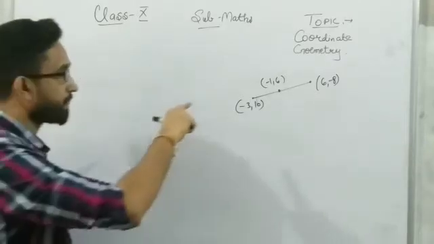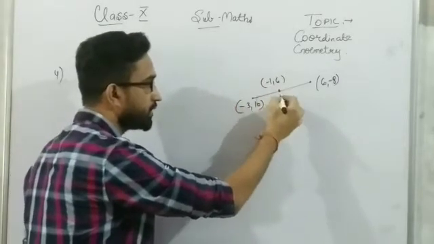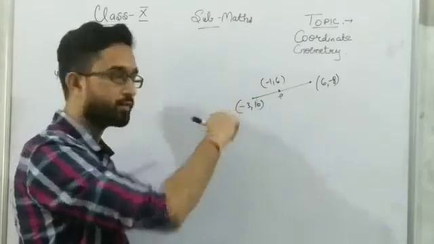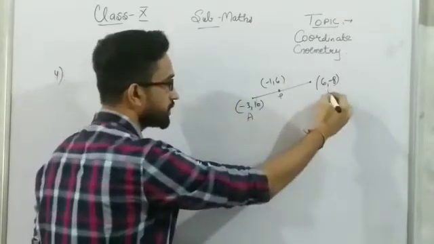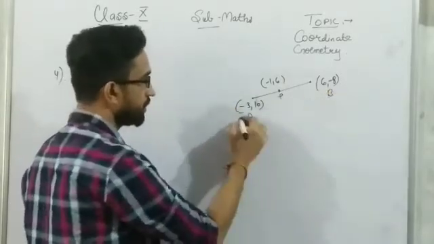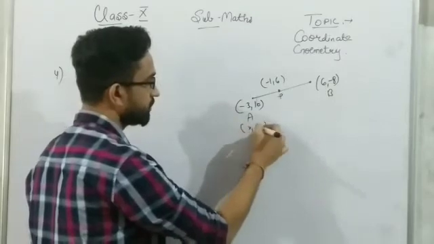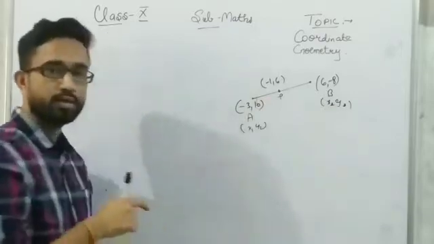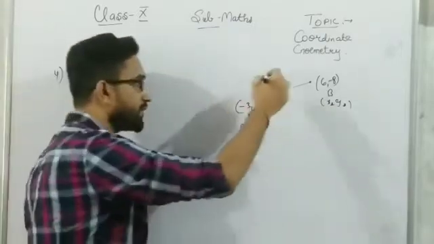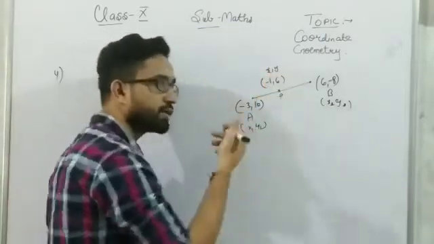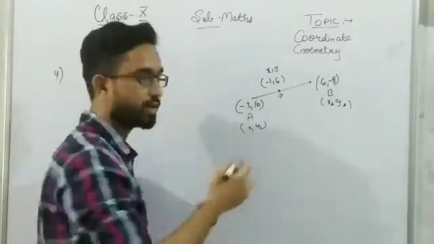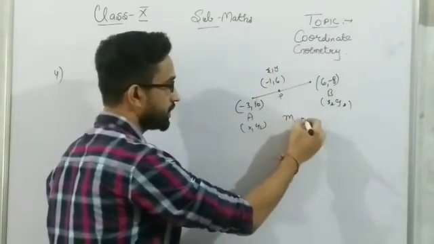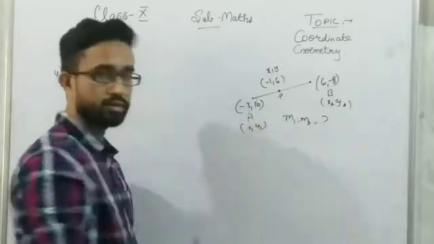If we see, the point P is given to us, which we were finding in the previous questions. This time it is given to us. This is A and B. That means our x1, y1 is given, x2, y2 is given, and point P is also given. That means the x and y values are given, but the ratio is not given. That we need to calculate here. So the ratio m1 : m2 is required.